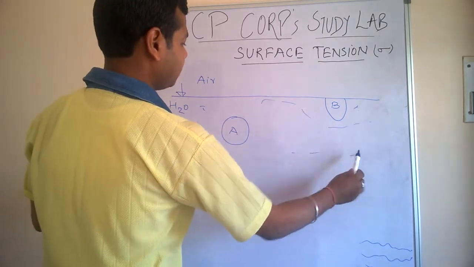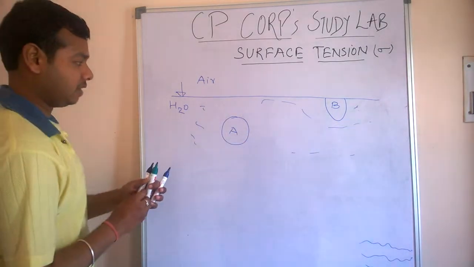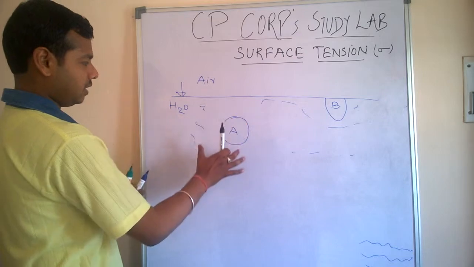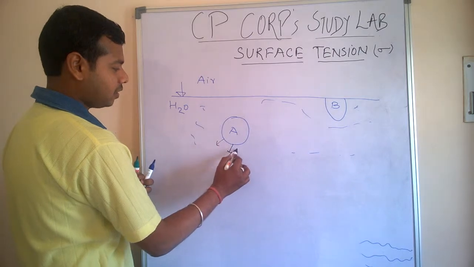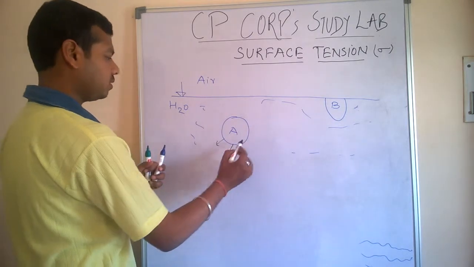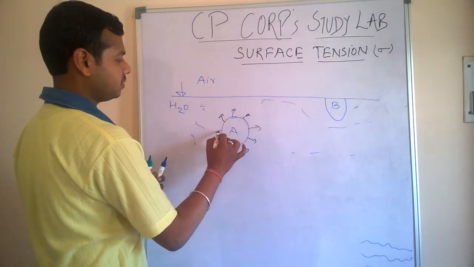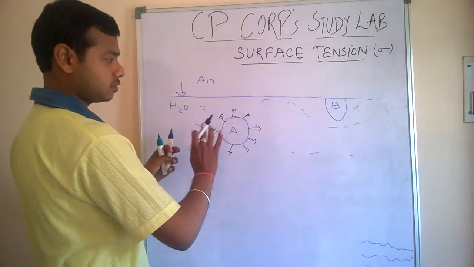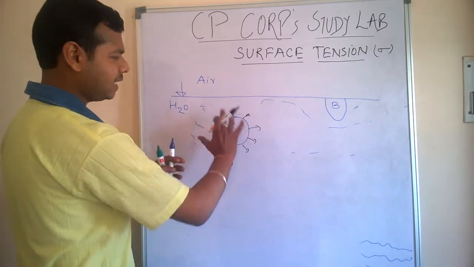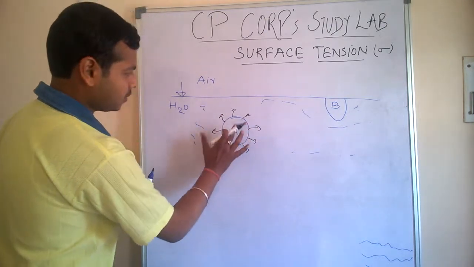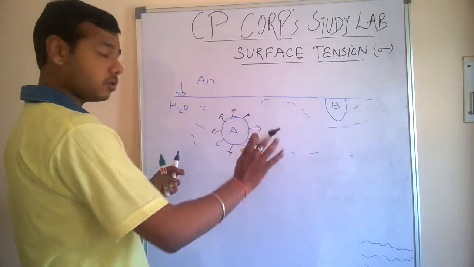Now what are these A and B? I have taken molecule A and molecule B. First of all, focus your attention on this A molecule of water. What will be happening to it? It is all surrounded by molecules. So in water or in any other liquid, we have cohesive forces in between the molecules. A will be only surrounded by molecules, so the magnitude of cohesive forces will be equal